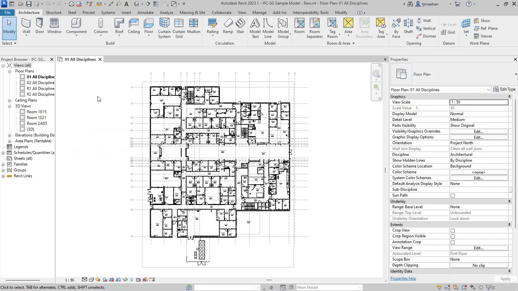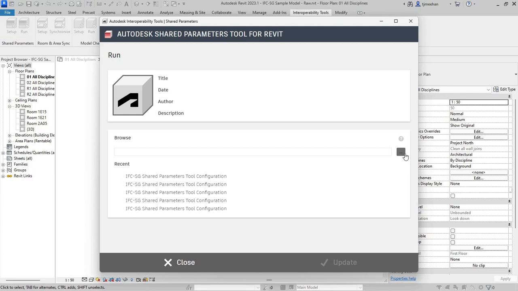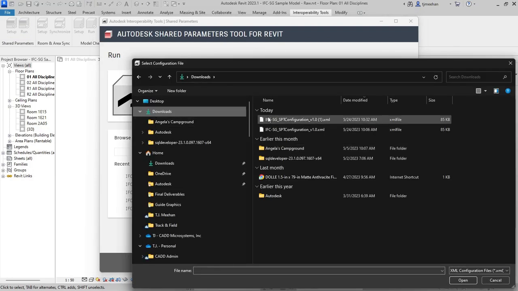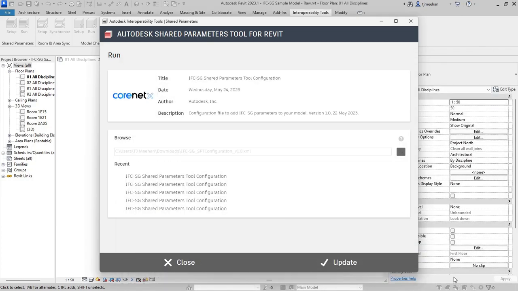Now, when I'm in Revit, I can go to the Interoperability Tools tab and I will see the Shared Parameters tool. I'm going to click Run and I'm going to browse to the file I just downloaded, the IFC-SG Shared Parameters tool configuration, in my case version 1.0. After selecting it, I will click Update,